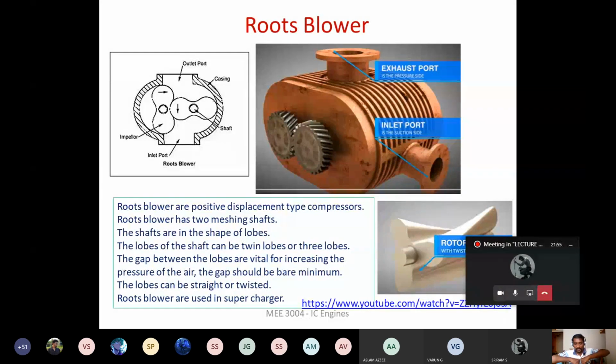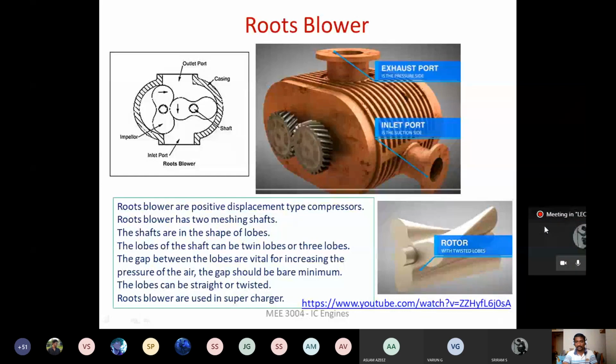So thereby the fluid experiences the transfer of energy from the lobe to the fluid, and thereby its pressure increases, right? So the gap between the lobes is very important for increasing the pressure of the air, right? And it should be minimum. This lobe can be either a straight lobe or it can be twisted. Here we are seeing the twisted lobe. Okay. It can be either a straight lobe or it can be a twisted